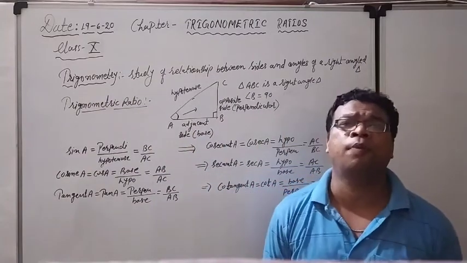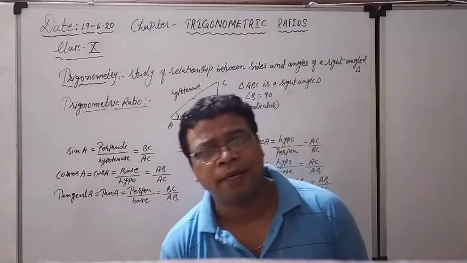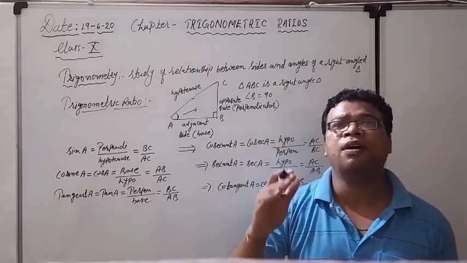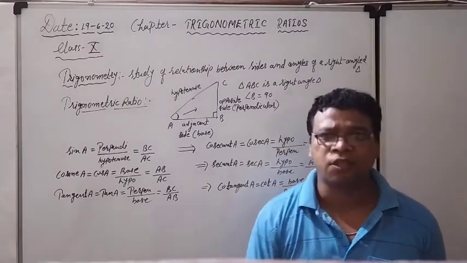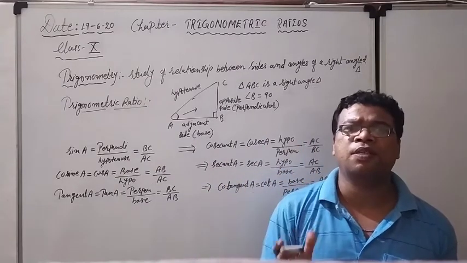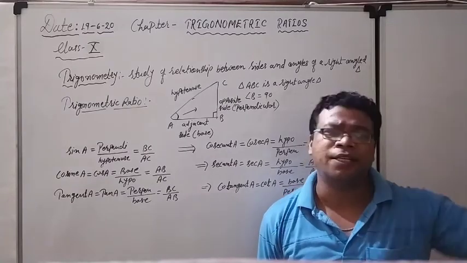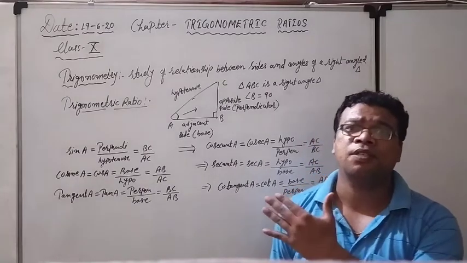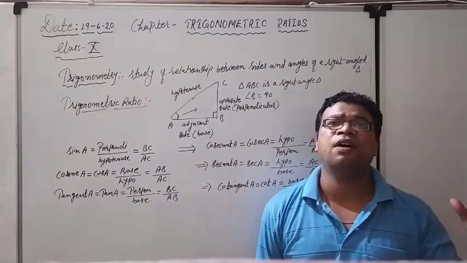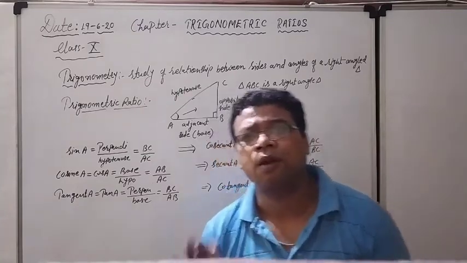What is the use of trigonometry? That is another question which arises in our mind. Trigonometry is used in technology, in mathematics, and even for construction work. Wherever we have to measure some height or some distance from a particular point, whether it is situated upwards or downwards, we use it. There are so many applications of trigonometry, even in space engineering and aeronautical engineering, for designing various things. So that is all about this.